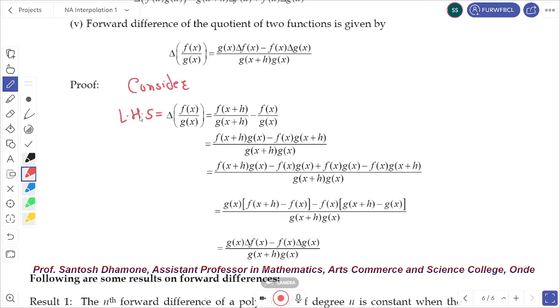The LHS is equal to Δ[f(x)/g(x)] = f(x+h)/g(x+h) - f(x)/g(x). By cross multiplication we get [f(x+h) g(x) - f(x) g(x+h)] / [g(x+h) g(x)], which is equal to [f(x+h) g(x) - f(x) g(x) + f(x) g(x) - f(x) g(x+h)] / [g(x+h) g(x)]. Here